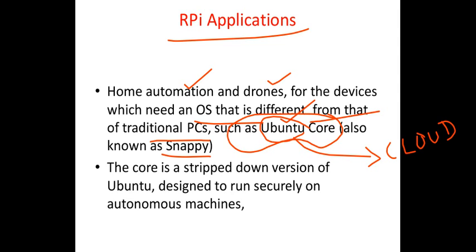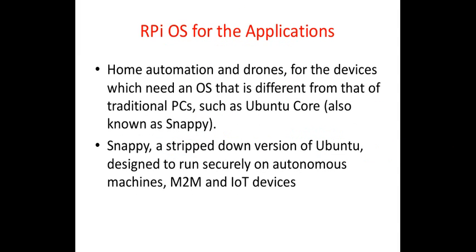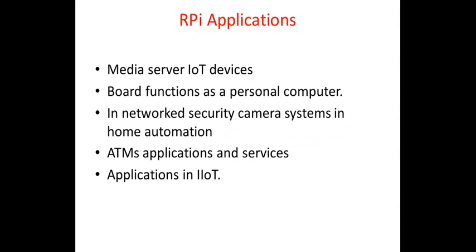Home automation, this I have already told you. The same thing is repeated here. Media server to IoT devices, broad functions as personal computer. This I think even I have made a mention earlier. If you have your Raspberry Pi computer, which is a credit card size computer, you can run any kind of application you want, because as long as you have the accessibility to the internet, what not you cannot do, right? So you will be able to do anything you want. So therefore